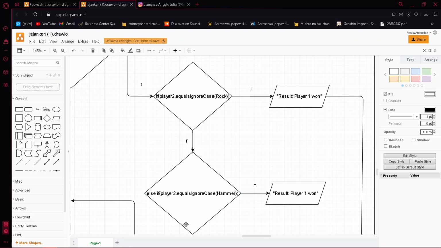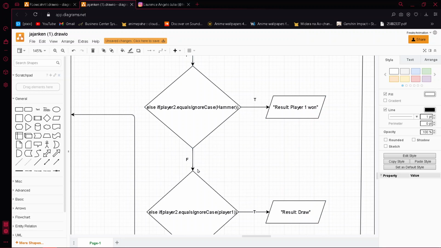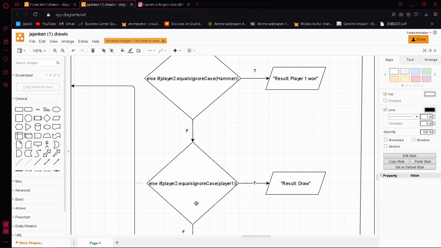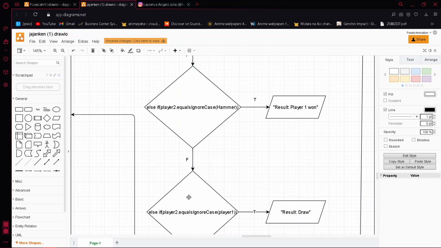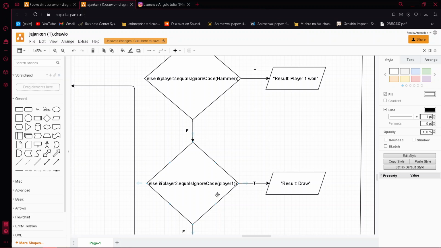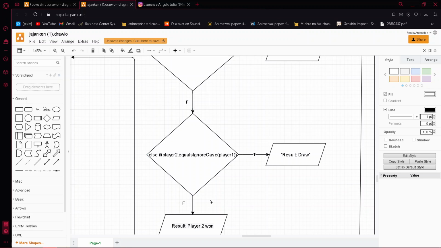If it is false, then if player 2 chooses the hammer, player 2 would win, because the hammer cannot be destroyed by the paper; it will only smash and smash. If it is false again and player 2 also chooses paper, the result will be a draw, because paper and paper are matched.